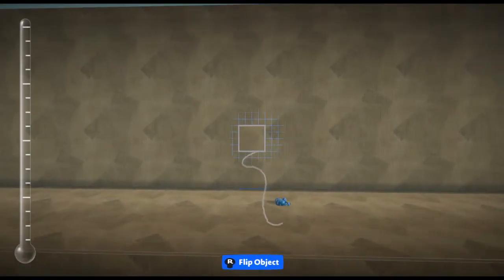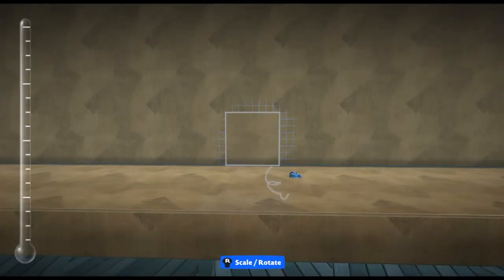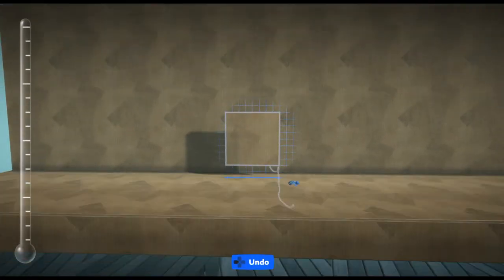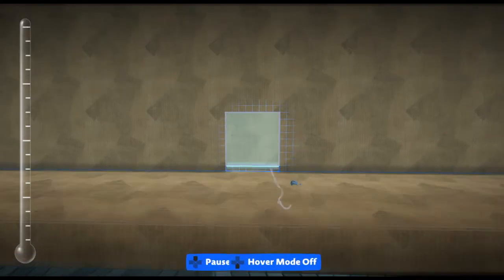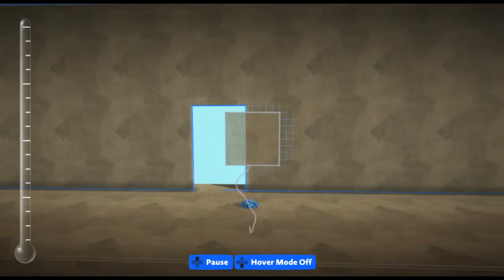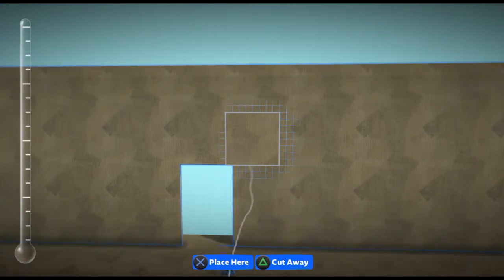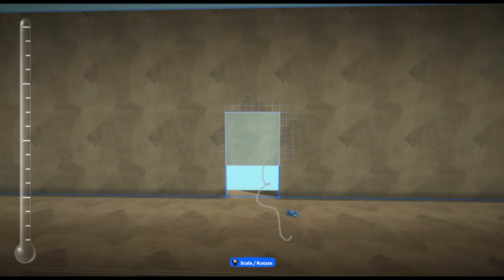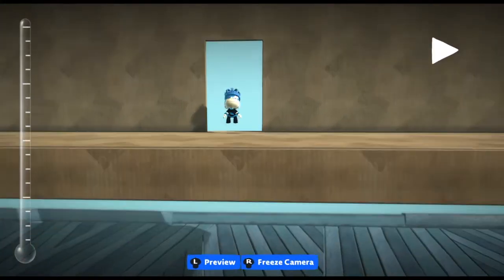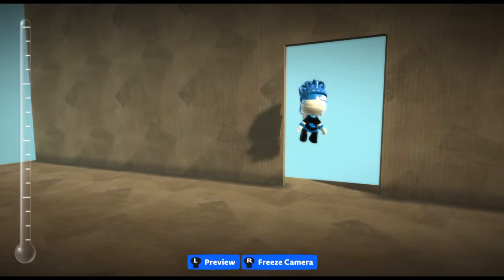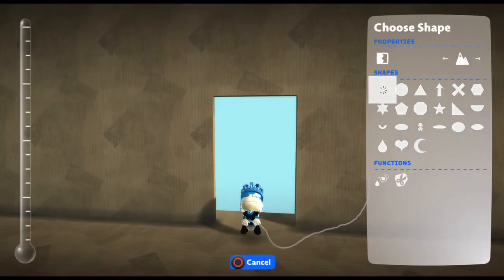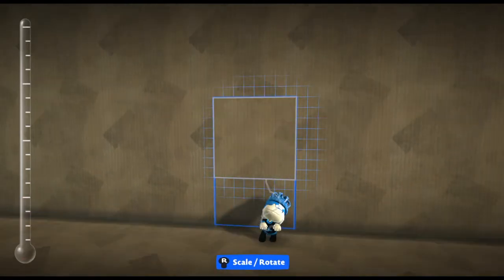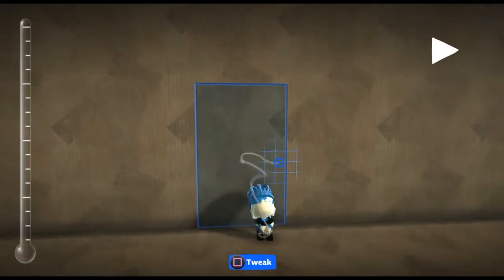Because I scale everything a lot bigger than normal, I'm going to scale the door a little bit bigger than normal. That should be about right. Actually, one less tall, or one more tall. That should do. Alright. And then we're just going to make our door. Pretty simple. Alright, and then